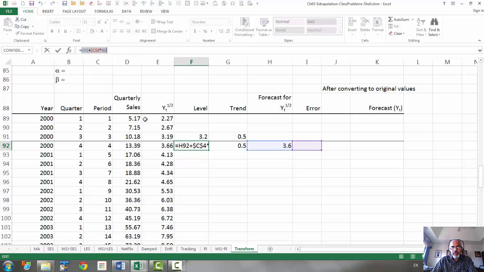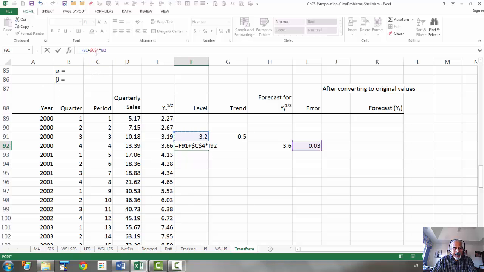so here the errors, okay, we need to find the error first, which will be that minus that. Then we must have H92, and that is wrong. It's not H92, it is F91. So this should be F91